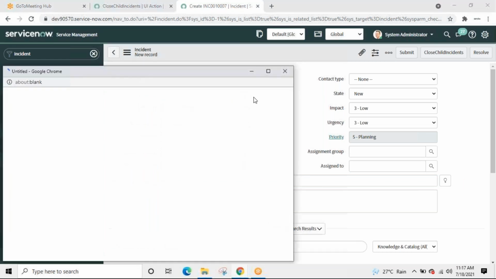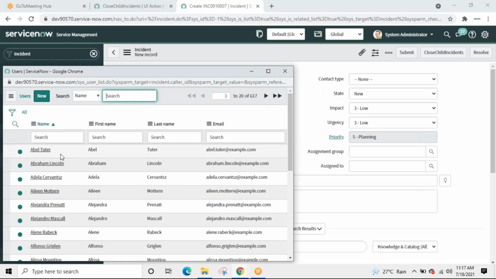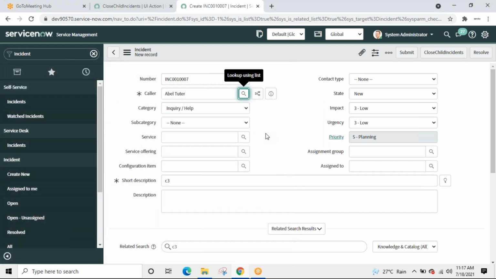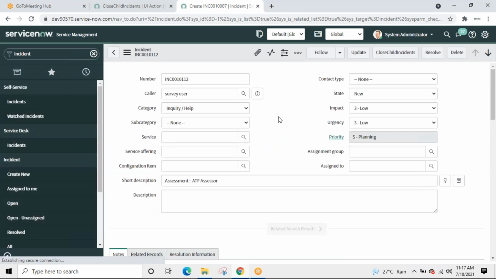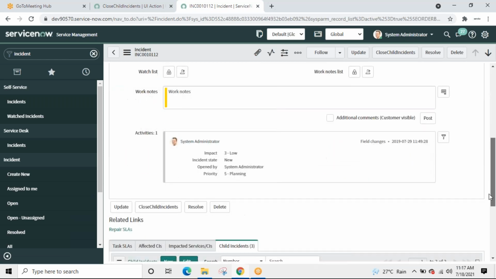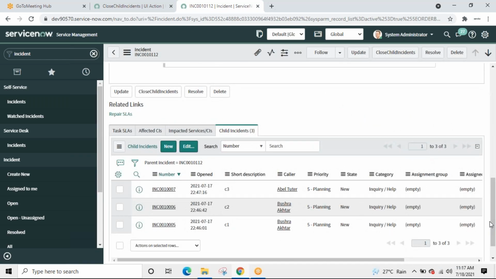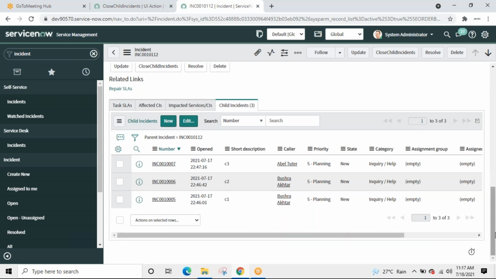Hey, do we have more users? There are many. Let this be, otherwise we will say every time we are taking Bushra. Fine. State: new.